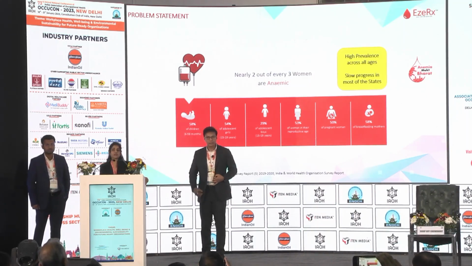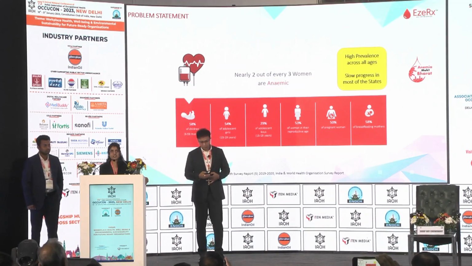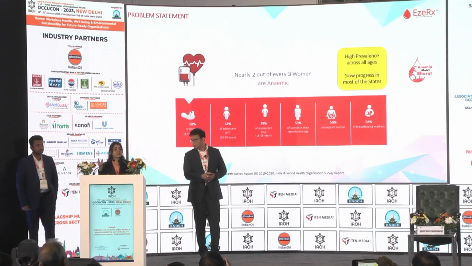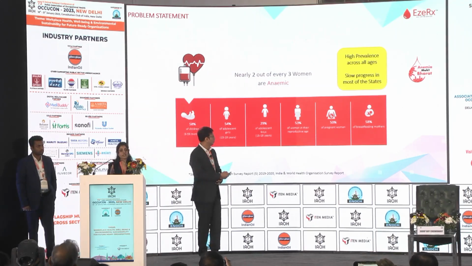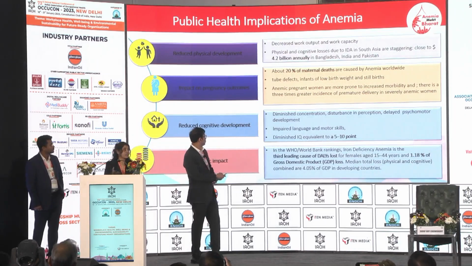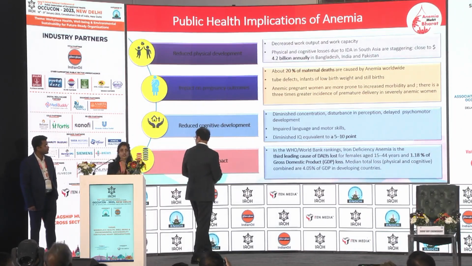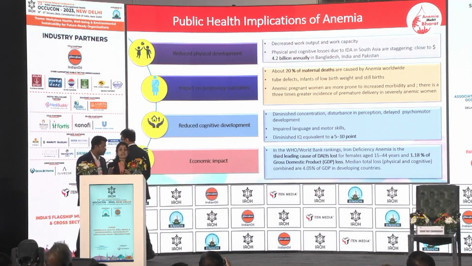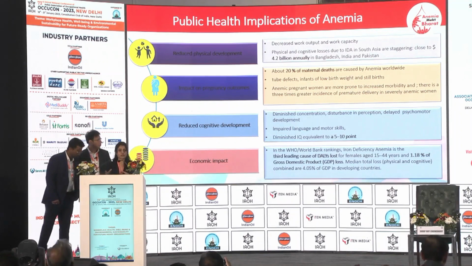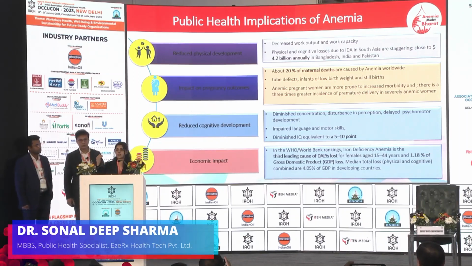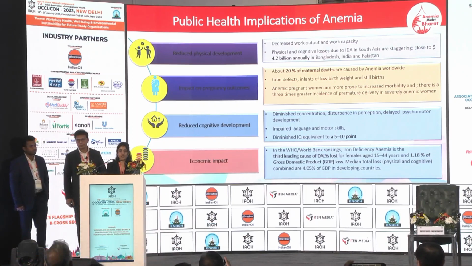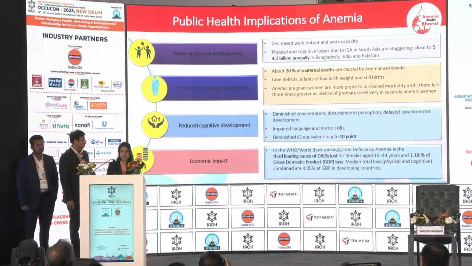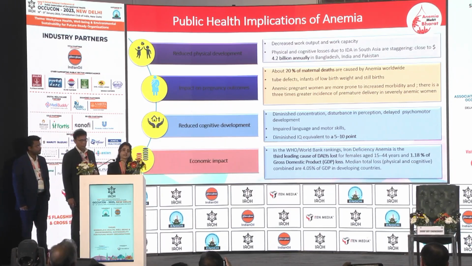So for that, I'll use a simple visual where you can imagine that the blood is like a river. And in that river, there are plenty of things floating around in it. But the river also has a boat. In that boat, we have cargoes. The boat represents the RBCs, and the cargo is the hemoglobin in which the oxygen is sitting on top of it, which needs to be delivered to the vital organs and our tissues. So when we have lower number of boats, then we have lower supply of the cargo. So that signifies that if we have lower RBCs, we have lower hemoglobin and lower oxygen that is being supplied